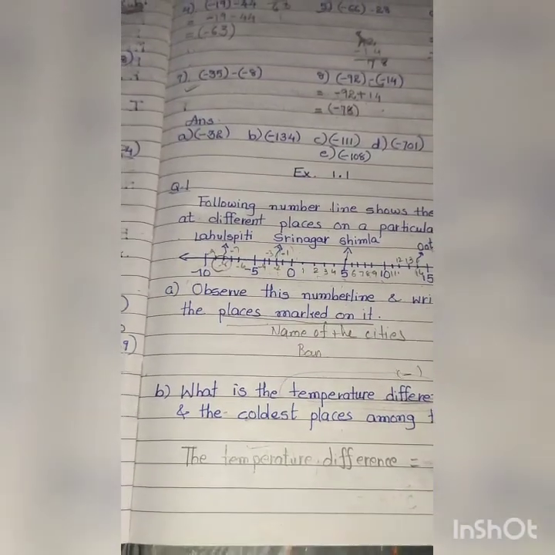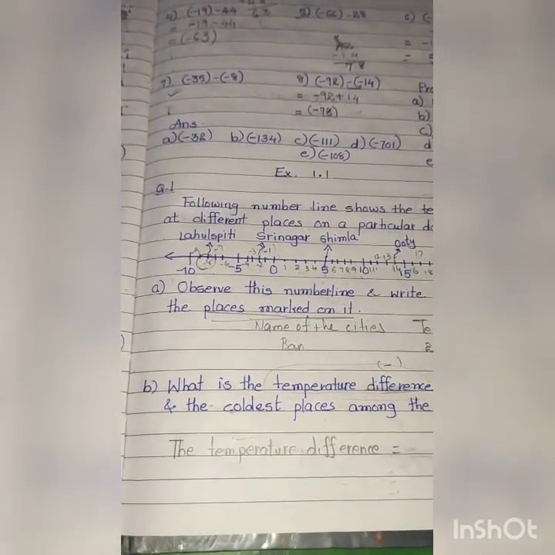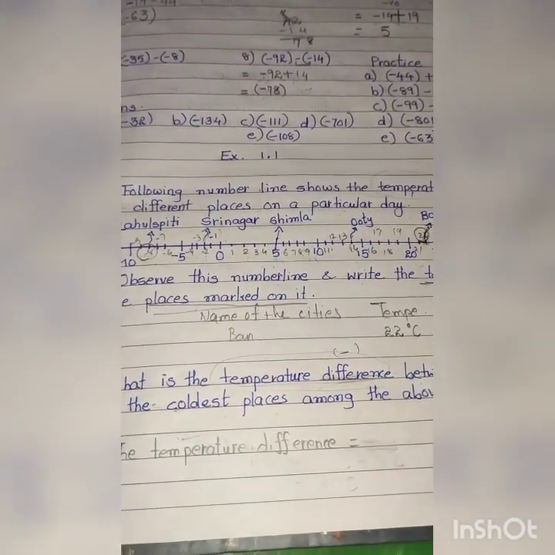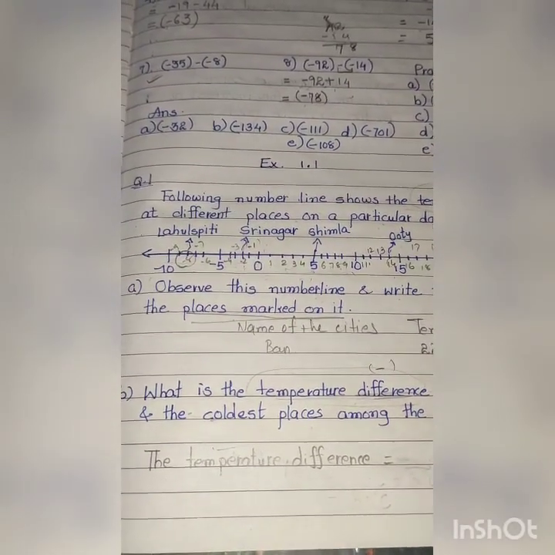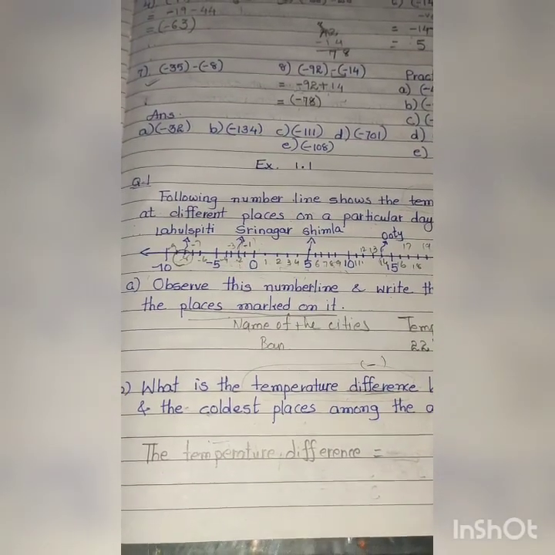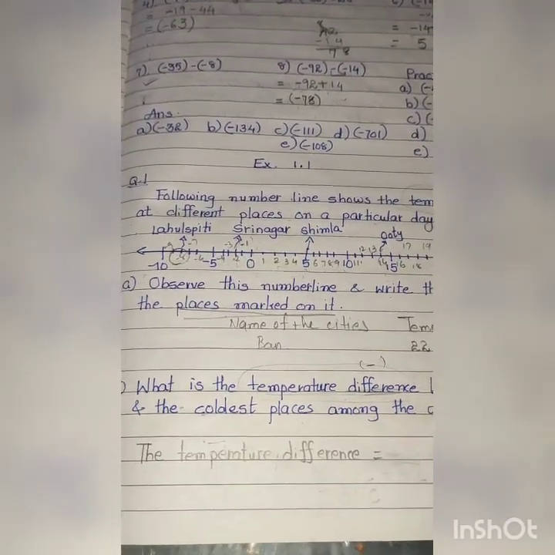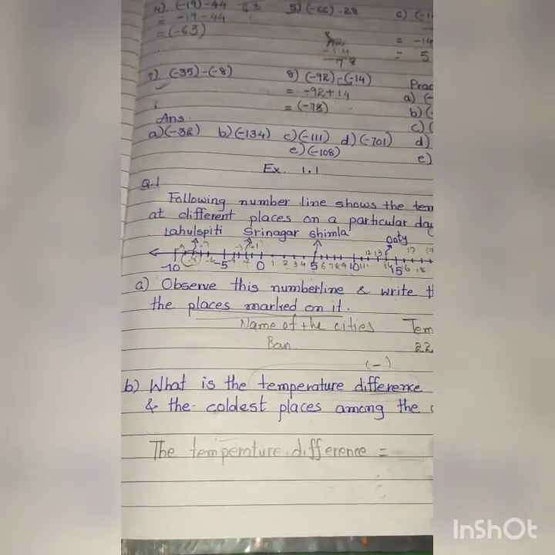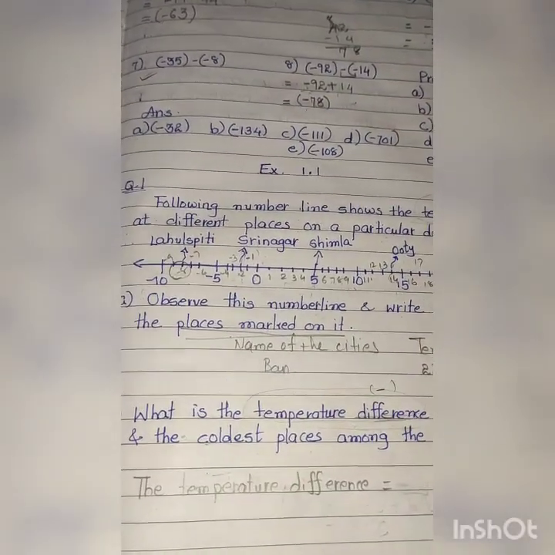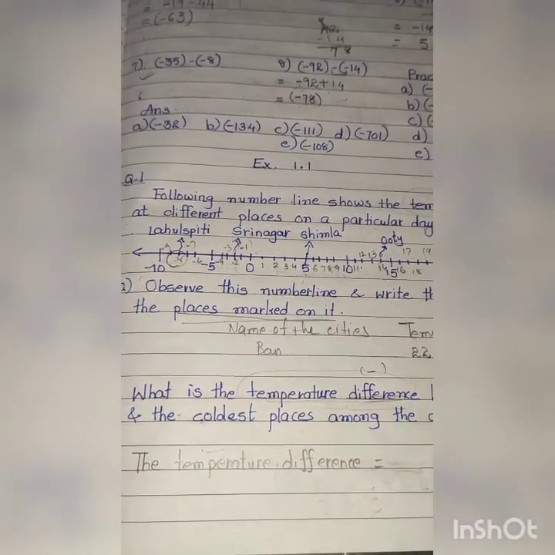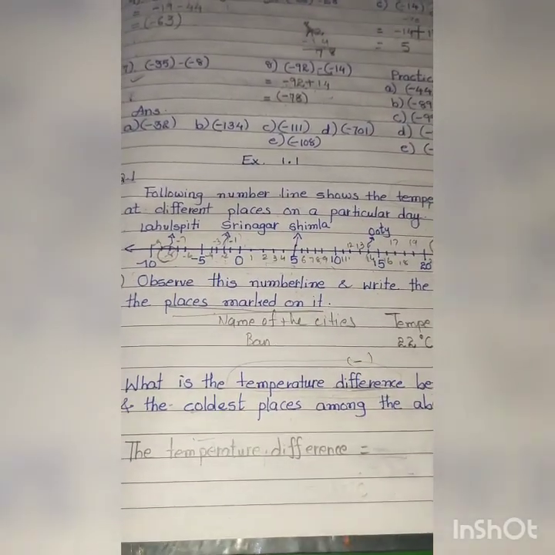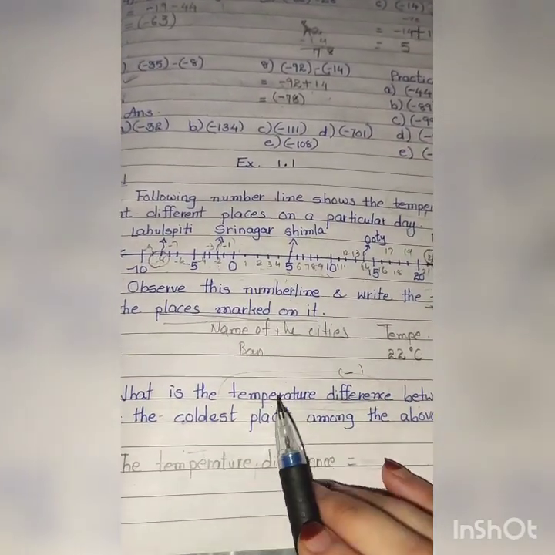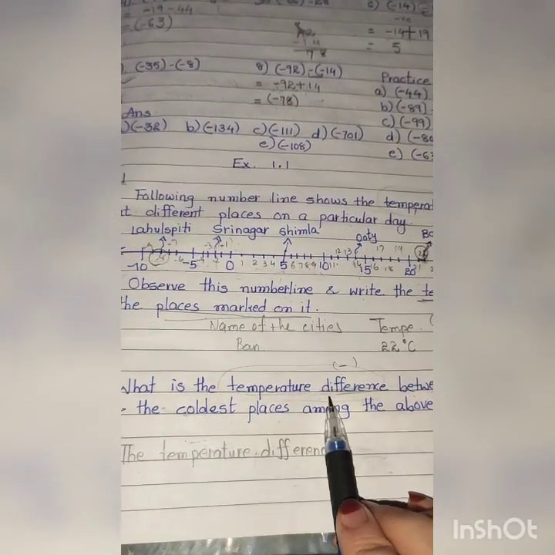यानी आपके मेरे कंपैरिजन में कितने मार्क्स ज्यादा है? Then you will say, you scored 10 marks more than me. So how could you find it? Yes, your 20 marks minus my marks. So you will get the difference between yours and mine. Similarly, you have to find the temperature difference.